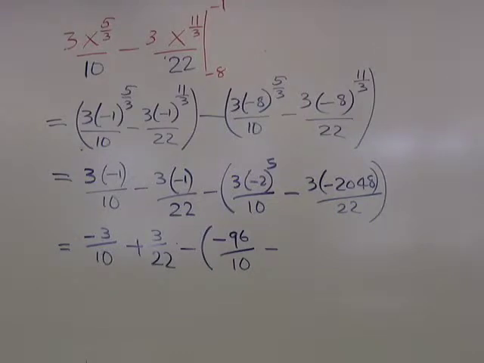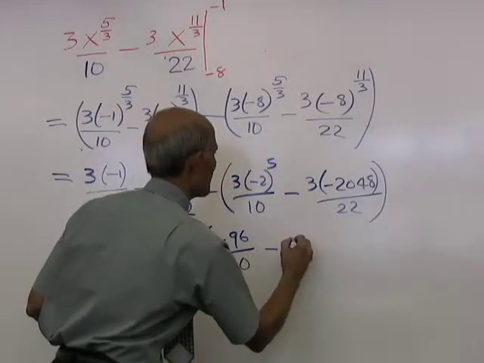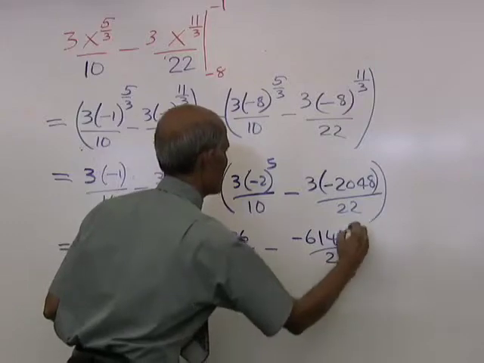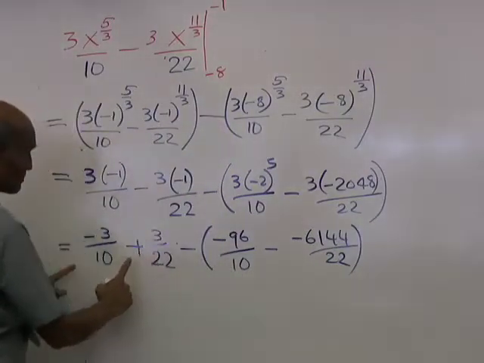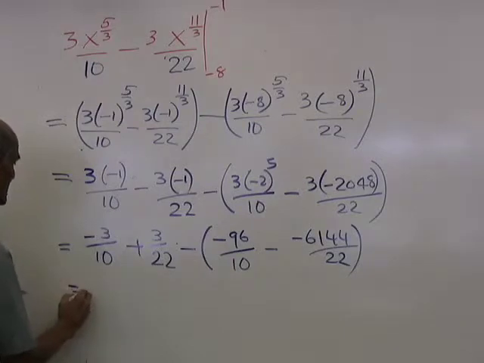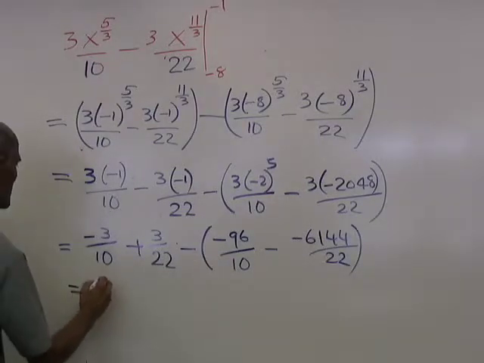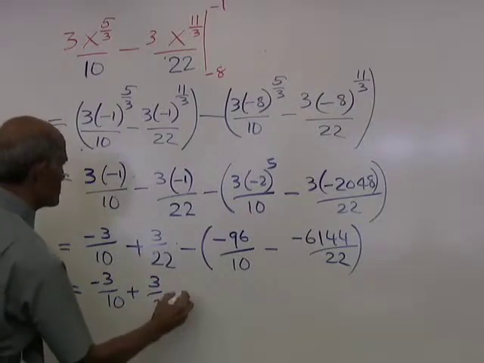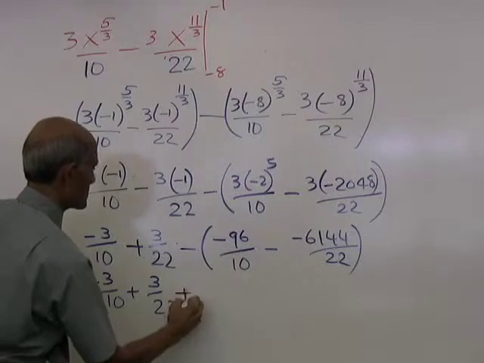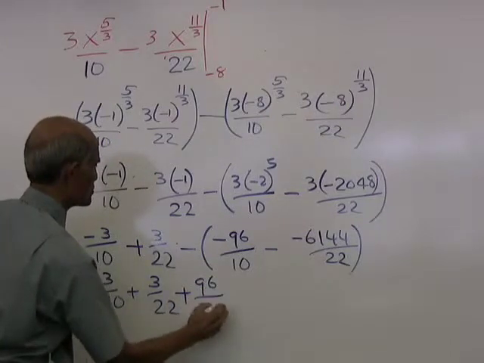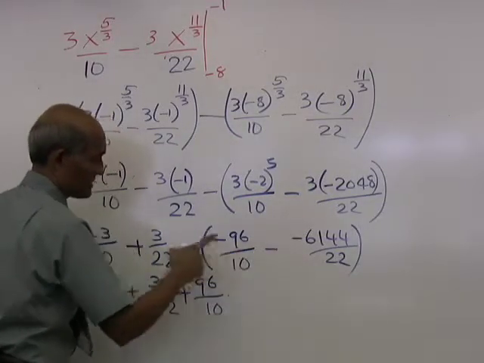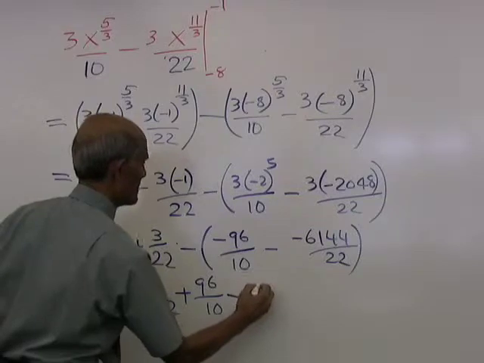48. 3 times 20, 48 is 6144. That is negative 6144 divided by 22. And now distribute that negative. That gives you negative 3 over 10 plus 3 over 22 minus, those become positive, plus 96 over 10. And here 2 negatives make it positive, but this negative makes it negative. Minus